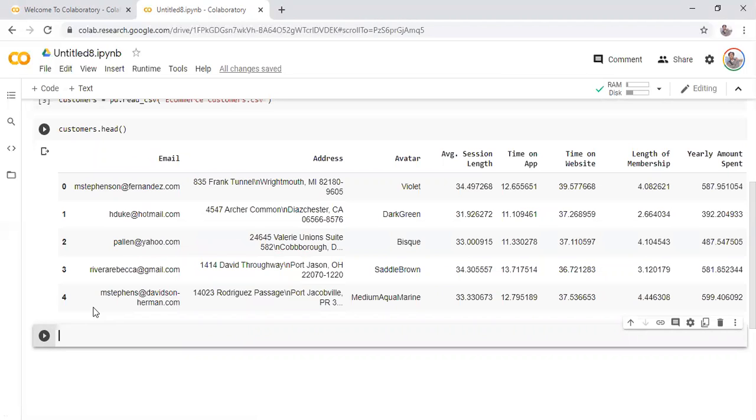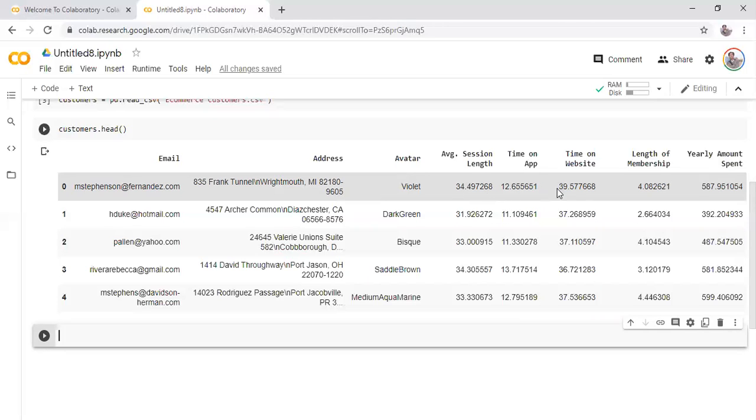Basically, this particular table has the customer information and their e-commerce transactions. For instance, this is the email ID of a customer. This is the address. This is the avatar, like what is the theme they have selected. What is the average session they have spent on the e-commerce site? Then what is the time on app, like how much time did they spend on the app?